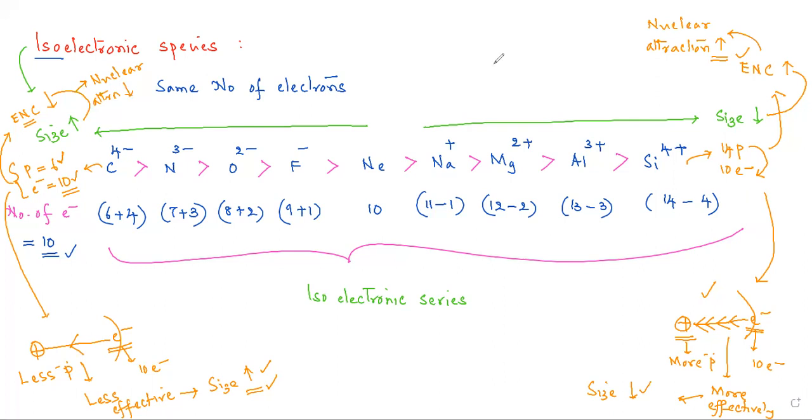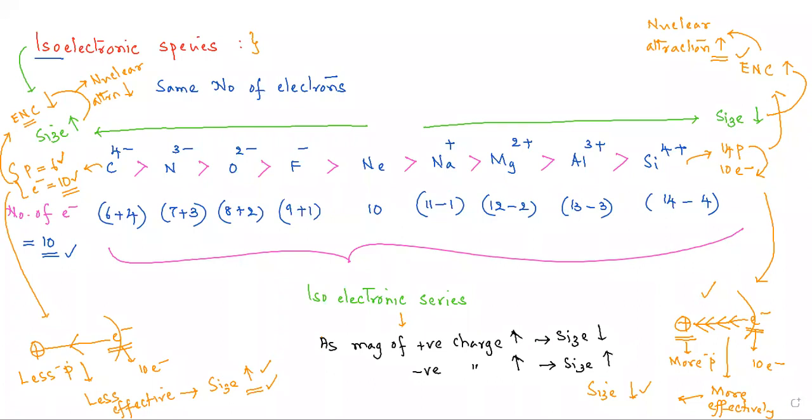So finally, what I would like to say is, in case of isoelectronic series or isoelectronic species, as the magnitude of positive charge increases, size decreases. And as the magnitude of negative charge increases, size